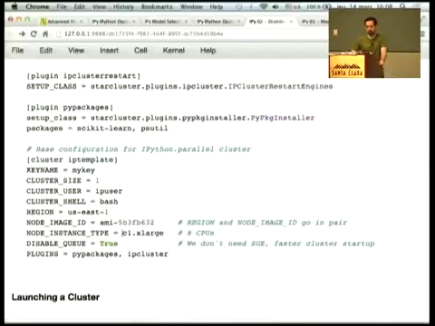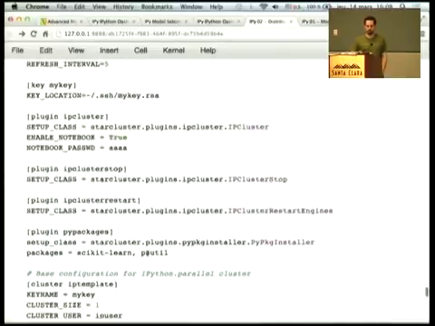For instance, if you use C1 X large, you will get 8 CPUs per node with 8 gigabytes of RAM. There are bigger nodes. They are more expensive too, and they are not available everywhere. So depending on the region that you choose, you might need to select lower machines. You can also disable SGE to make it faster, and you can configure the plugins that you want to start at startup. So in this case, we want to install Scikit-learn and PSUtil,